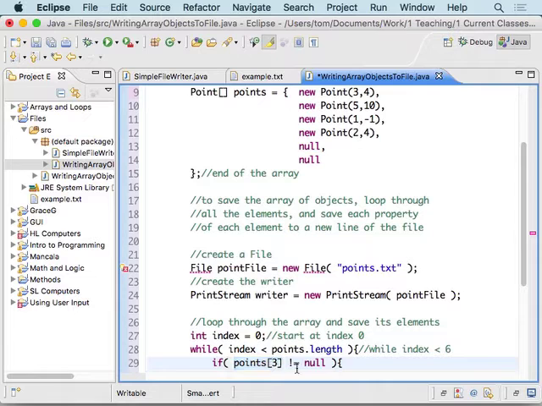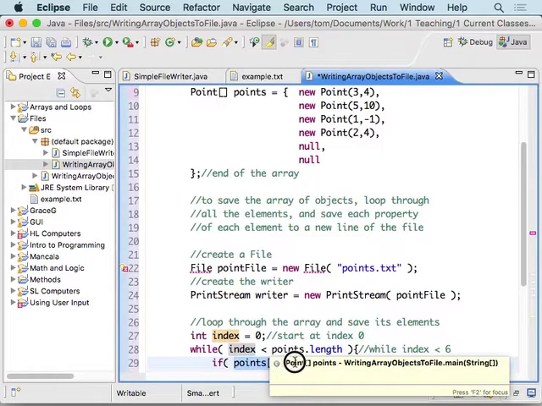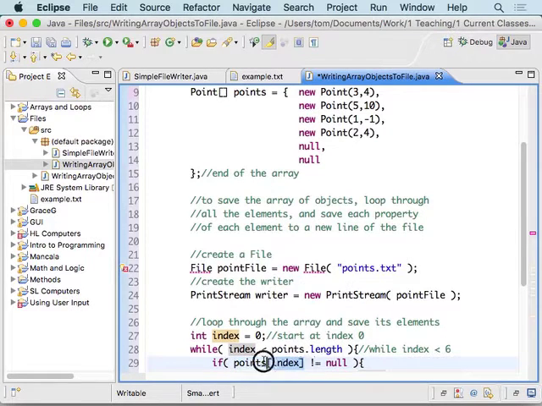So what we're doing, instead of putting in a number in there, is we're putting in a variable. And we're saying, if I put an index, this that I have highlighted right now refers to one of these elements. Okay? We're not sure which one. It depends on the value of index. All right? But as I look at this, if I find one of these that's not null, then I want to write it to the file. So basically what we're doing here is saying,